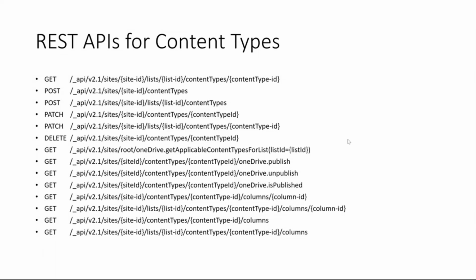We can publish the content types in the content type hub using the publish operation. Yes, that will be supported. You can publish and unpublish from the content type hub. Yes. So you're targeting the site collection where you're publishing, and the same functionality which we have in the UI is available in the API. Is that correct? Yes, that would be right. Yep, excellent.